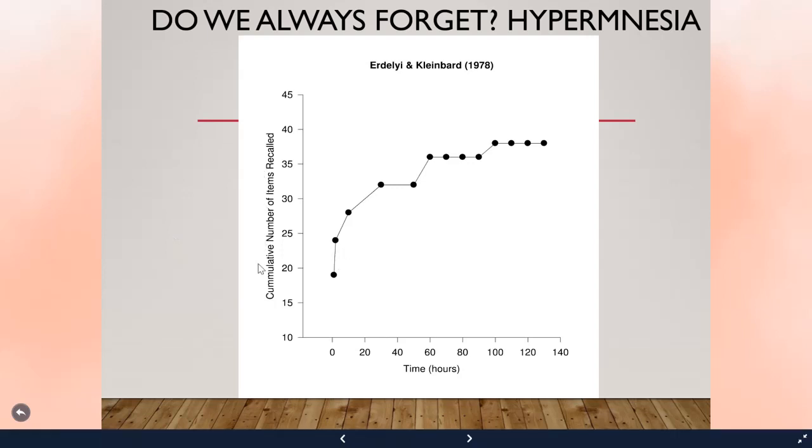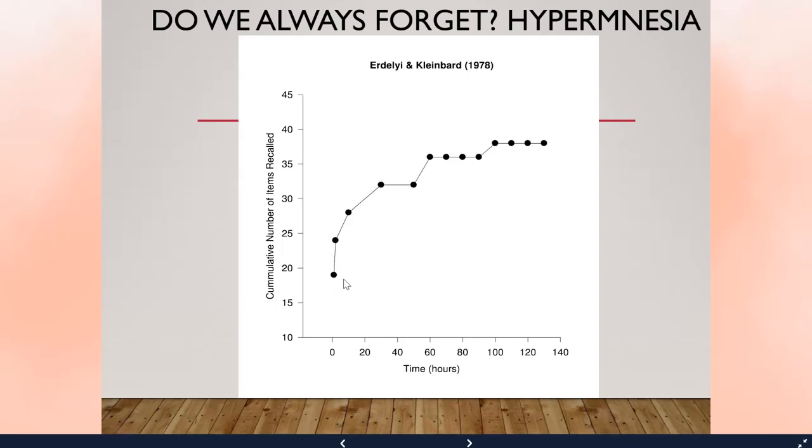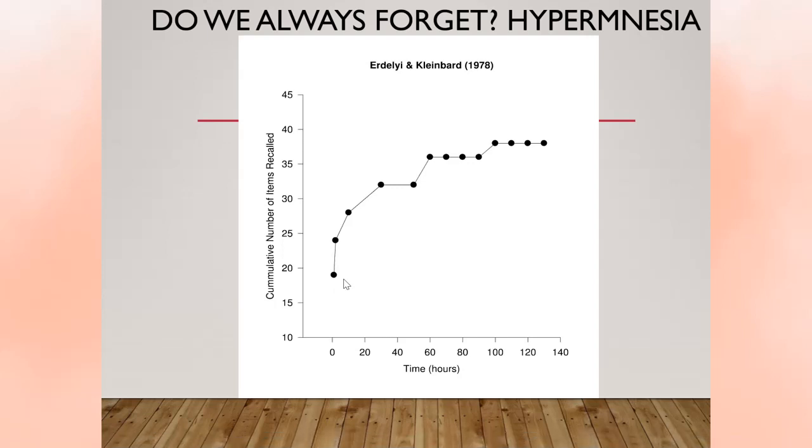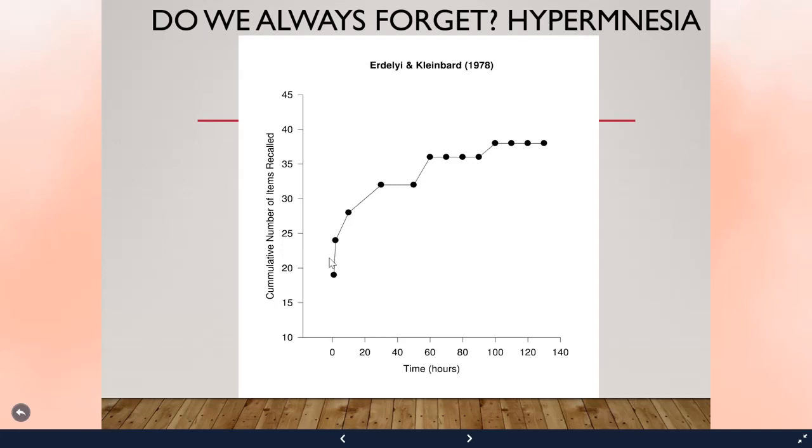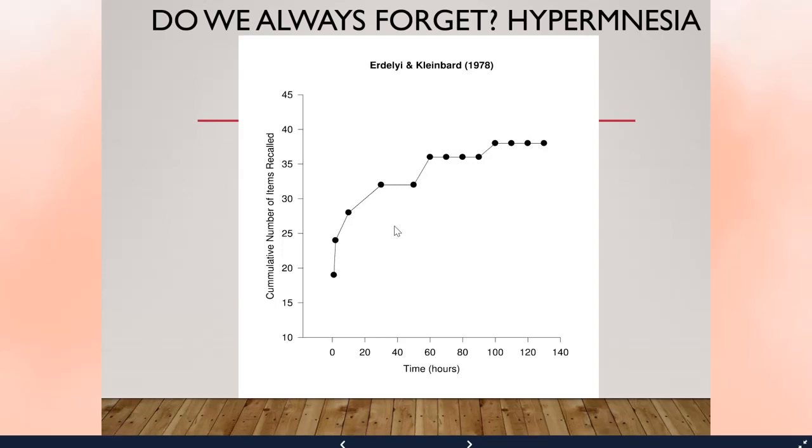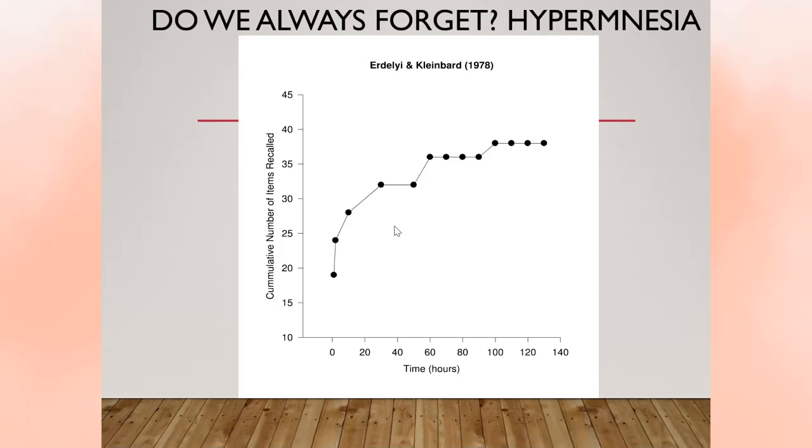Now this is the cumulative number of items recalled, and as you can see, think about that Ebbinghaus forgetting curve. At the first retention interval, they forgot most of the items that they were shown, but they remembered a few more with each repeated attempt. So this is the opposite of amnesia, right? They called it hypermnesia, because you're remembering more with each individual attempt. So additional attempts may help recall information that is not immediately accessible.